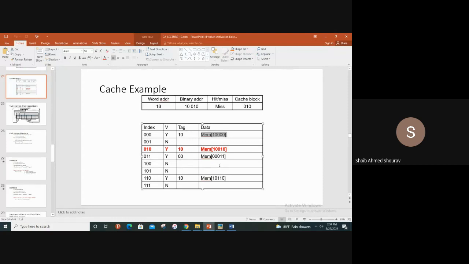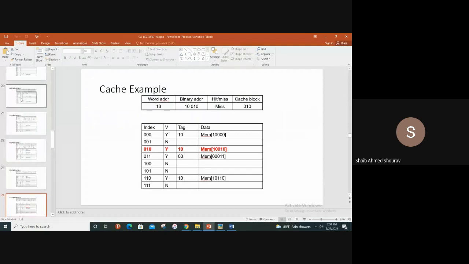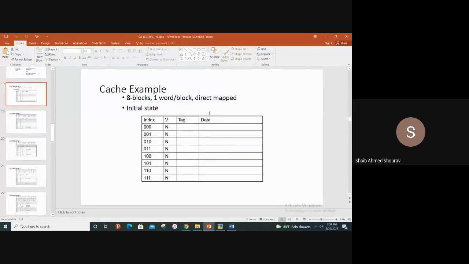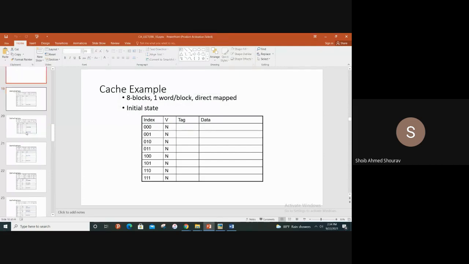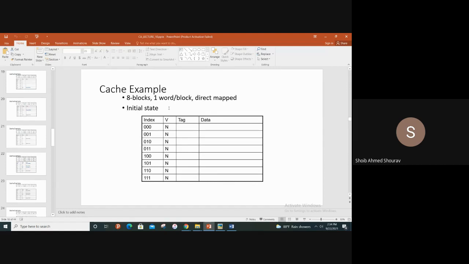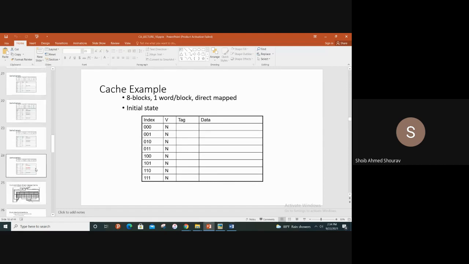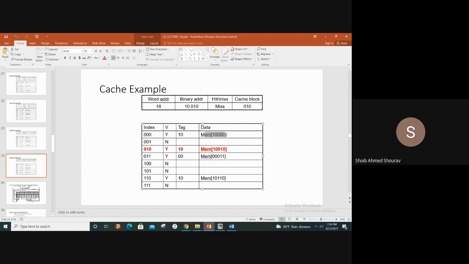Okay. First, let me tell you, if we can find out the number of words in here, because the number of words actually can be different for multiple examples, like 1 word per block, 2 words per block, 4, 8 words per block. So if we can find out the number of words per block, and if we represent their size in number of bits, it is the total size of the data. আমরা যদি এখানে জানতে পারি কয়টা ওয়ার্ড আছে এবং সেটাকে যদি নাম্বার অফ বিট এ রিপ্রেজেন্ট করতে পারি তাহলেই সেটা ডেটার সাইজ, রাইট? প্লিজ রেসপন্ড।